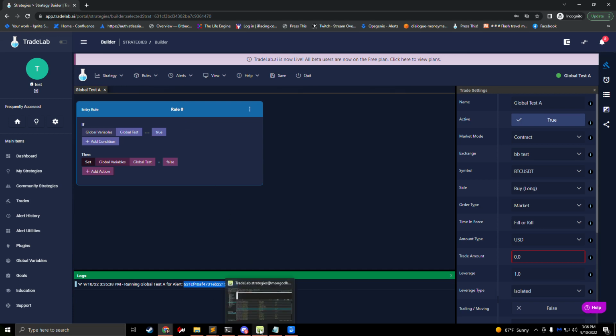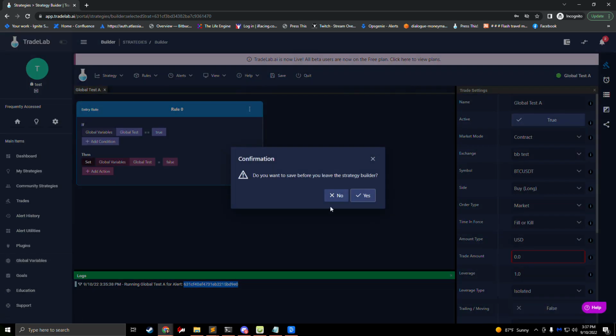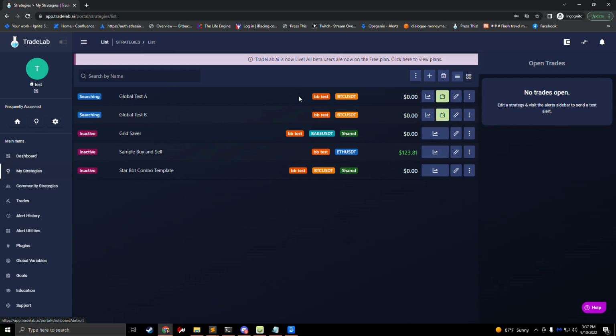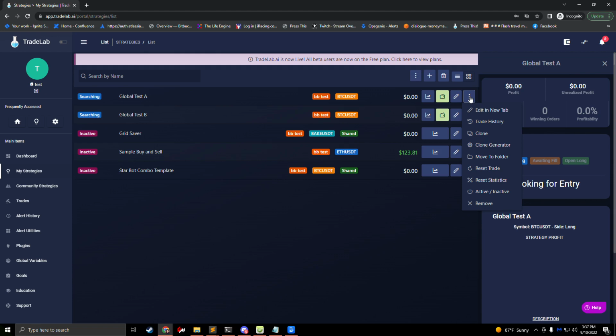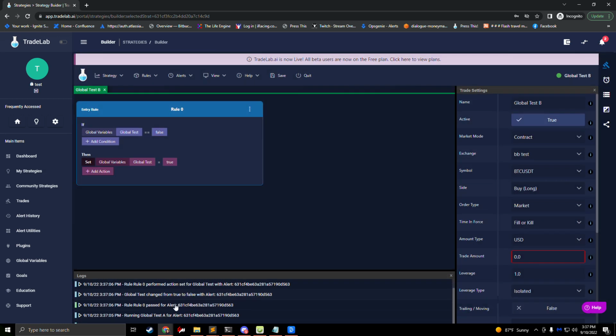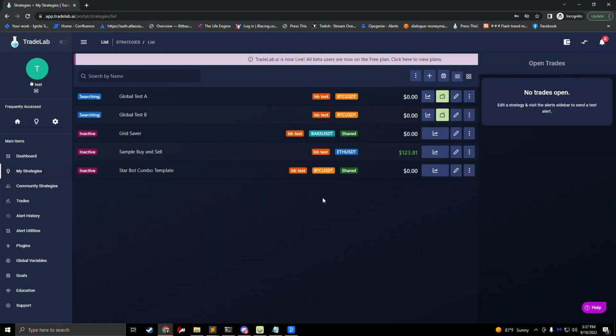Would you expect the global variable to kind of flip between true and false once it does start recognizing that? Yes, so you'll be able to come in here and see this turn true and false. So the question is, if you did hook it up to a test alert and do the test alert, it could trigger it. Yes, we could do that as well. Yes, we could trigger it with the test alert. I do wonder why this is a